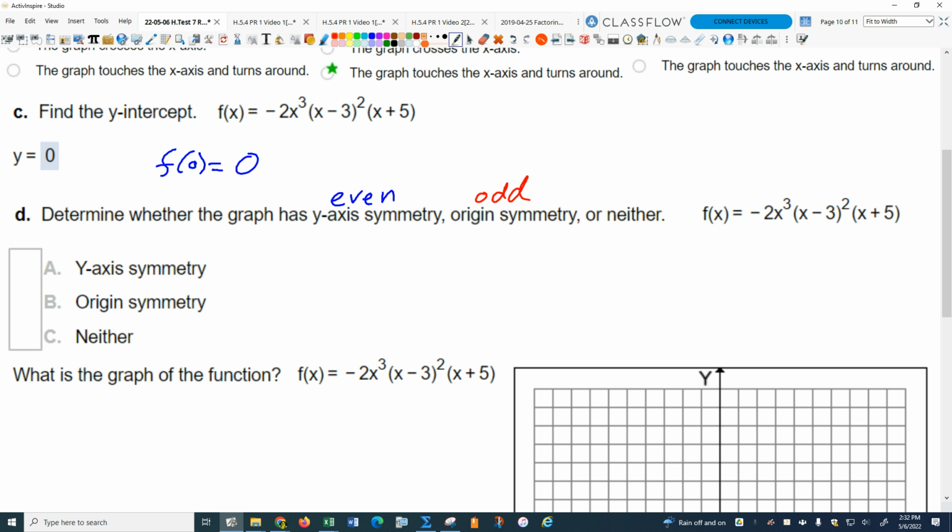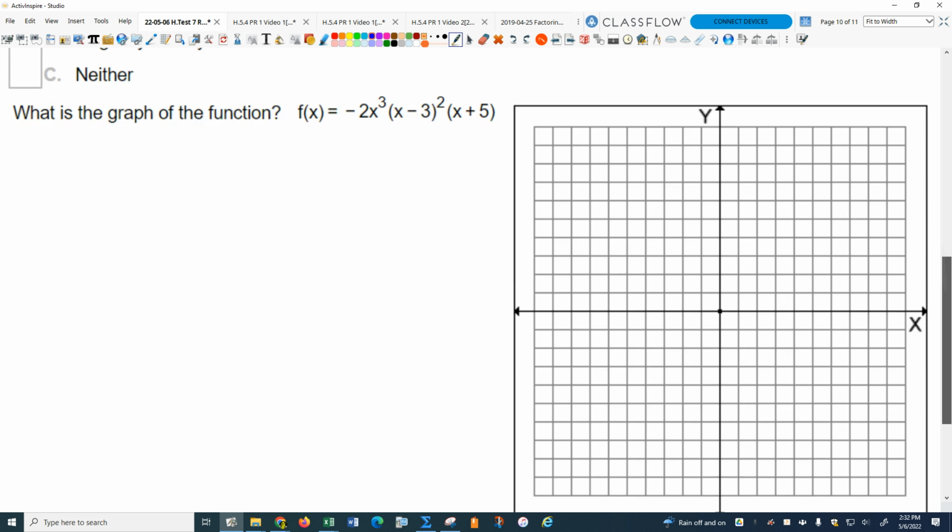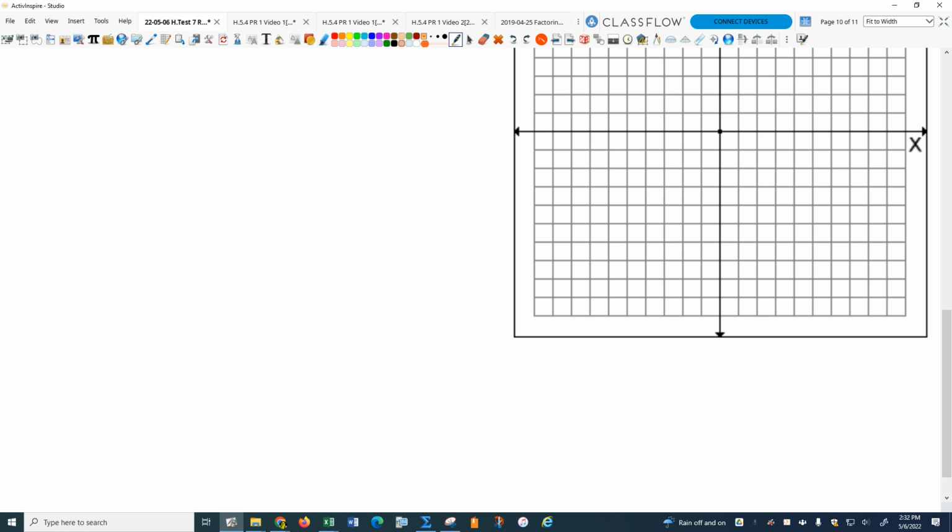For even symmetry, the test is f of negative x equals what? Say it again. It's the same, so it's f of x. Yeah. How do you remember that? There's a really easy way to remember that. If you think about it